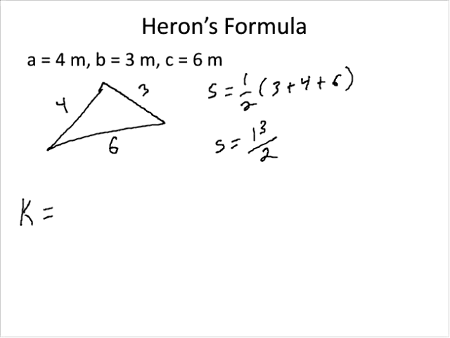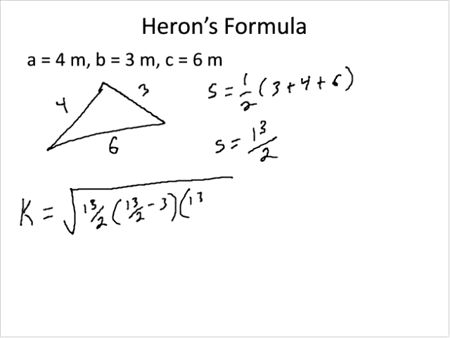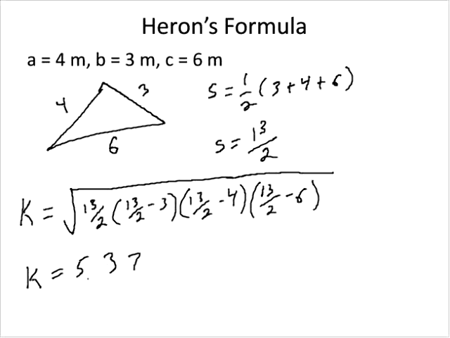So now we can find the area. The area is the square root of S, that's 13/2, times S minus A, so 13/2 minus 3, times 13/2 minus 4 times 13/2 minus 6. So I do 13/2 minus each of the three sides. I'm going to take the square root of each one of those. And really, all I'm going to do is put that whole thing into my calculator. When I put that whole thing into my calculator, I get